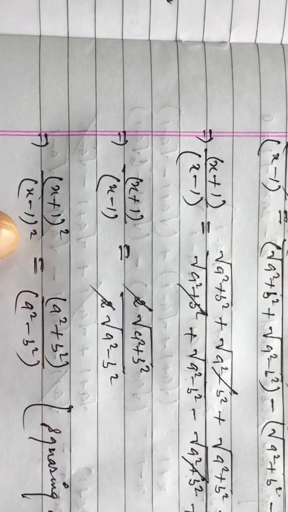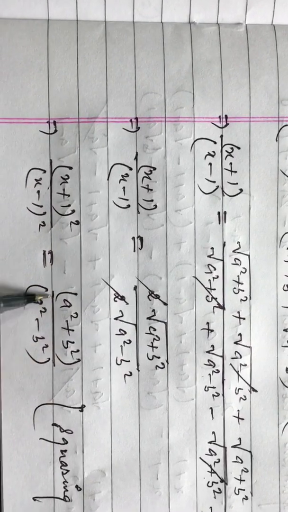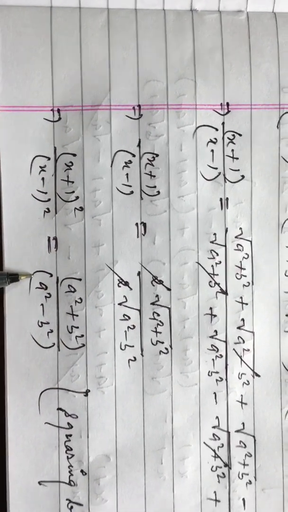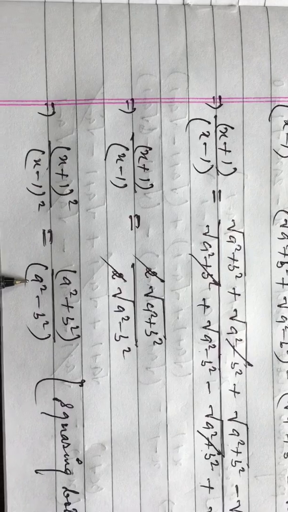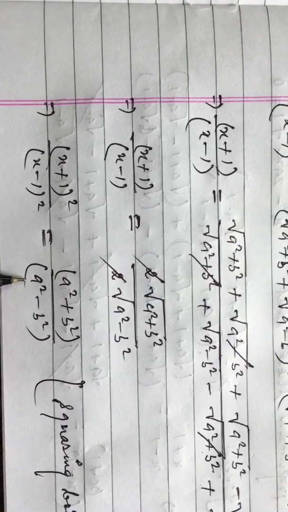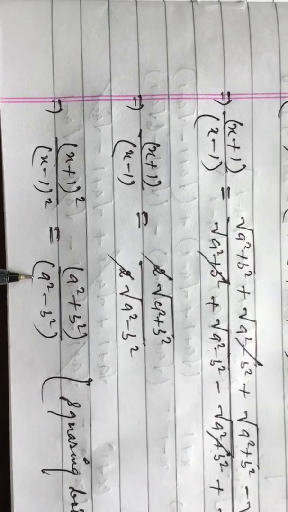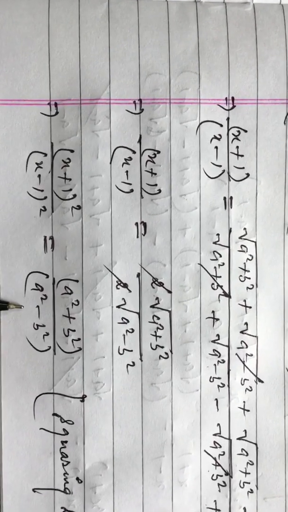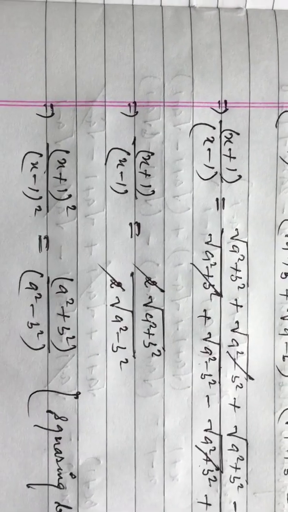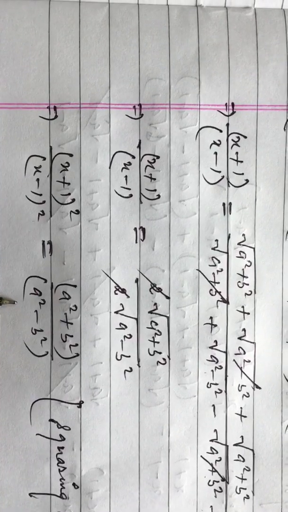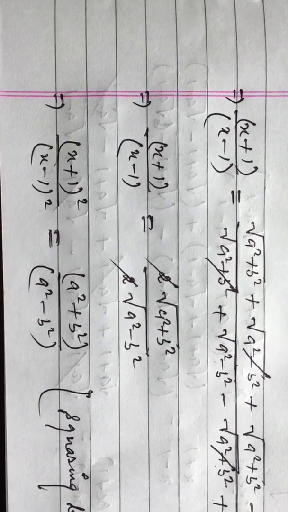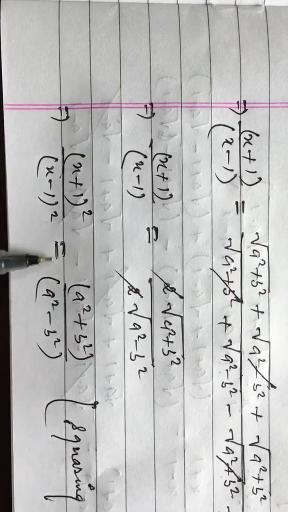Now after this step, you can see here it is again a complex term. In the previous question, after simplifying no complex term was there, so we could do the cross multiplication. Here we could also do cross multiplication, but if you apply componendo and dividendo, that term will be reduced. So again we are applying C and D after this step. It means componendo and dividendo.